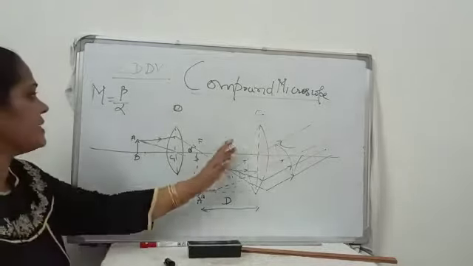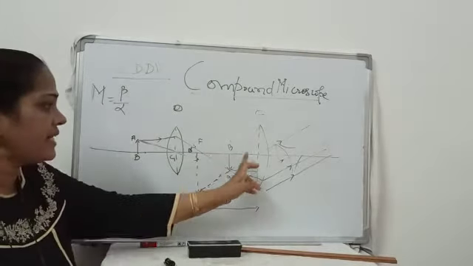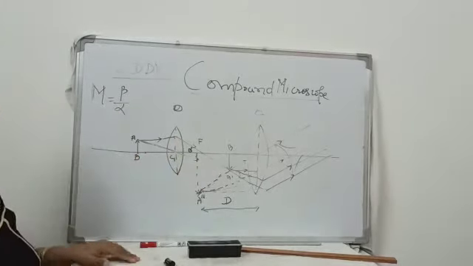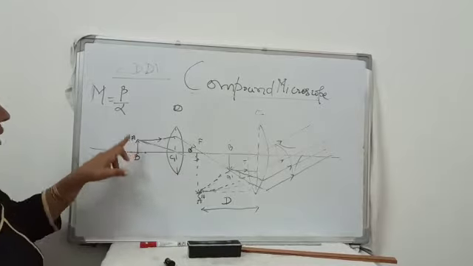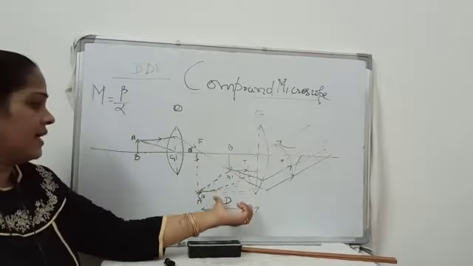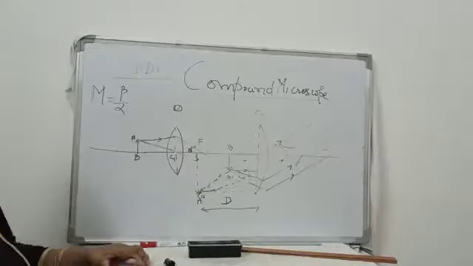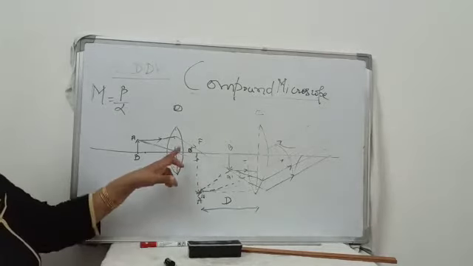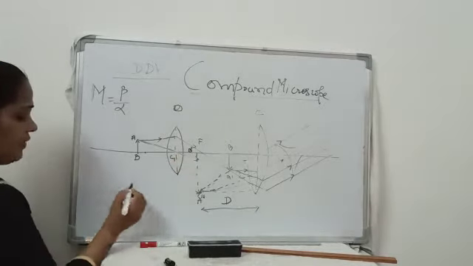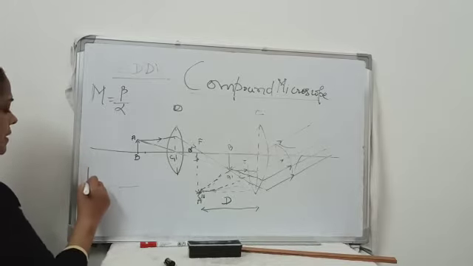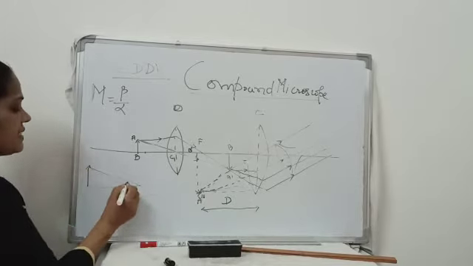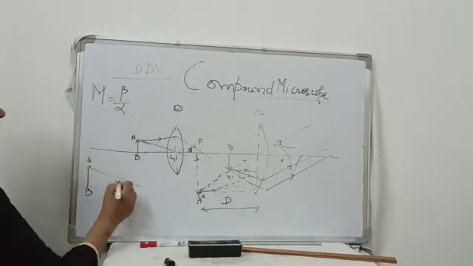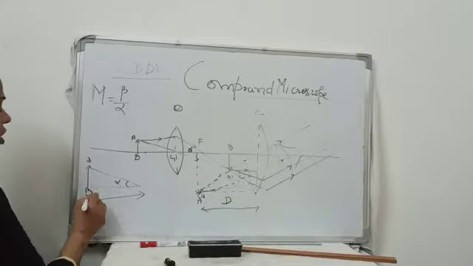So, magnifying power can be defined as the angle subtended by the image at the eye lens to the angle subtended by the object at the eye lens, when both the image and the object have to be at least distance of distinct vision. Now, you know that the image is already at LDDV. This object, as we know in the last video I told you, to get this is the angle subtended by the object. This is object AB and this distance has to be D always.